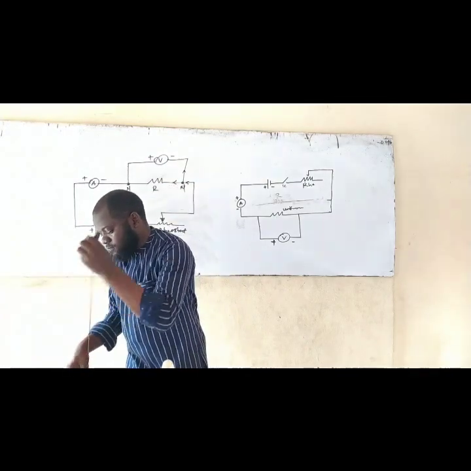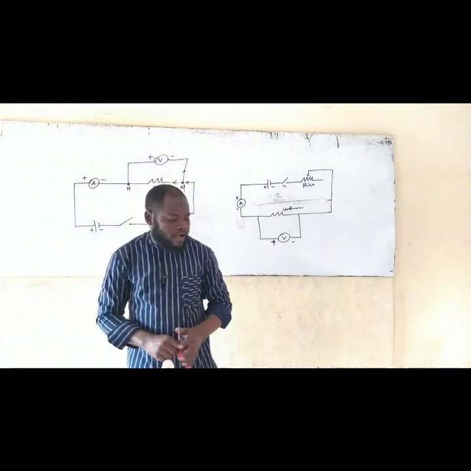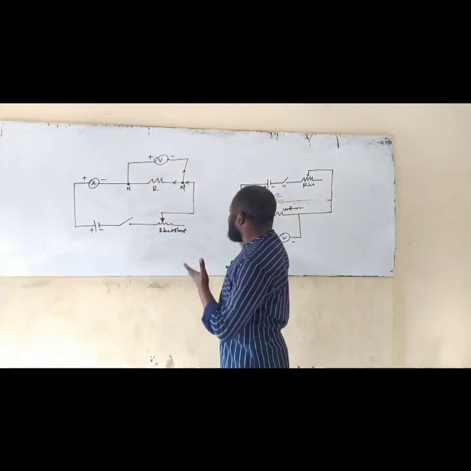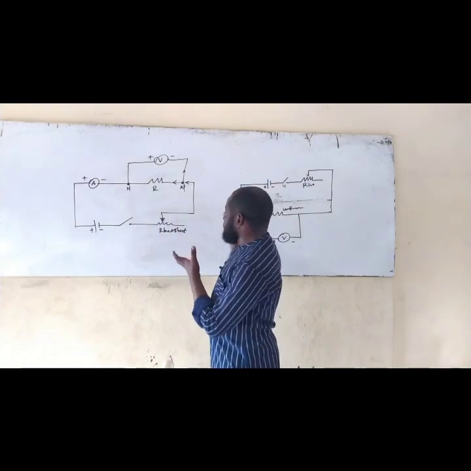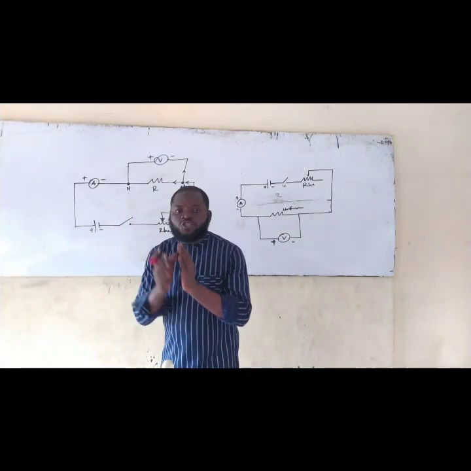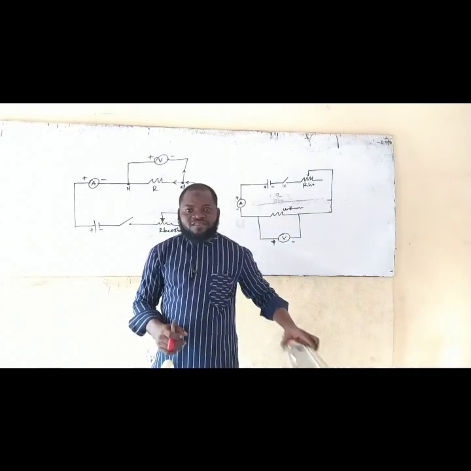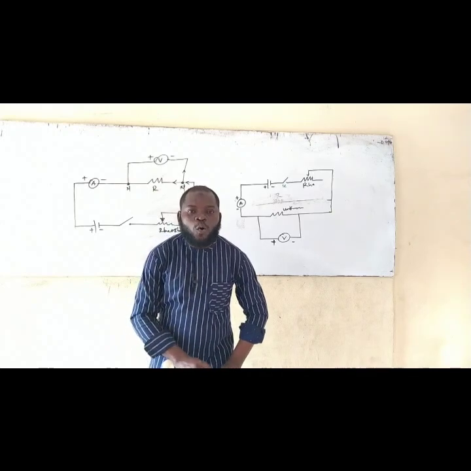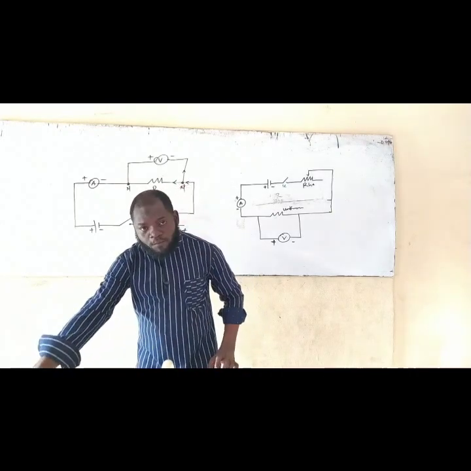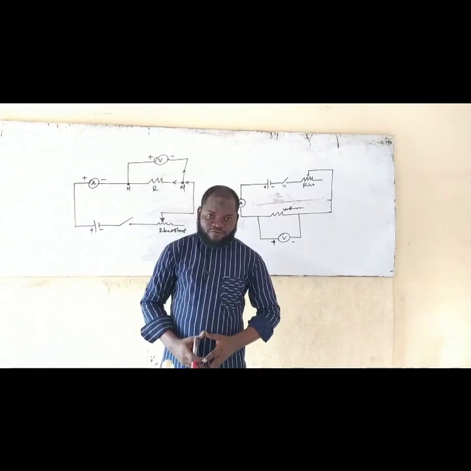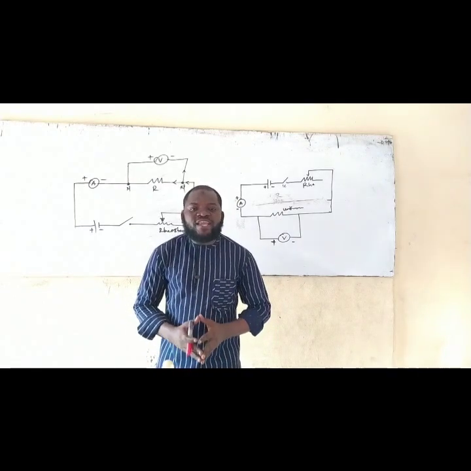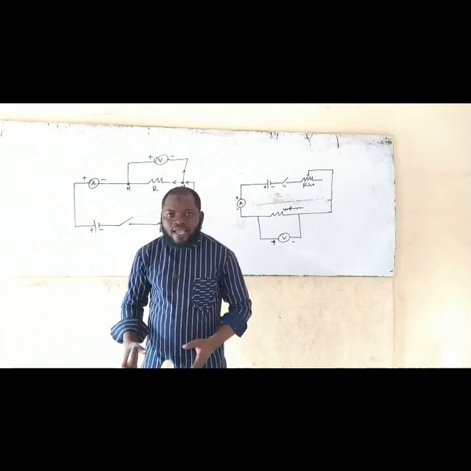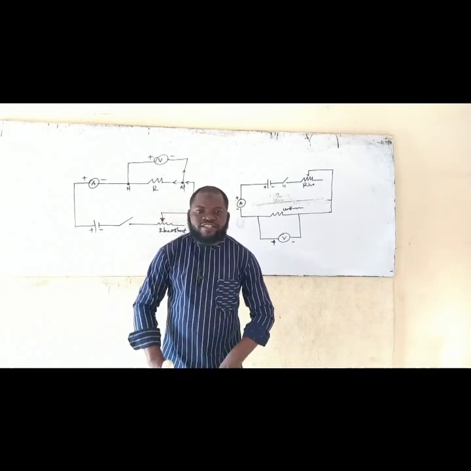Now, the last thing I'm going to talk about is the meter bridge. If you look at the circuit diagram I used as an example for you, there is no meter bridge there, and there is no what? Jockey. Now, the examiner brings in the meter bridge because they don't want you to know directly that it is Ohm's law that they want you to prove. So they now want to bring in another factor that you need to consider. Why are they bringing in another factor, which is the meter bridge?